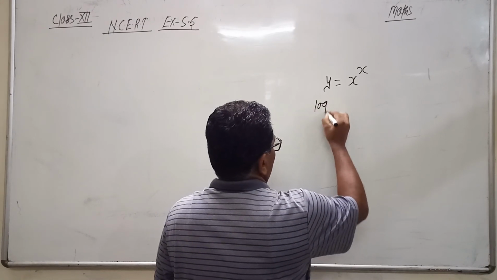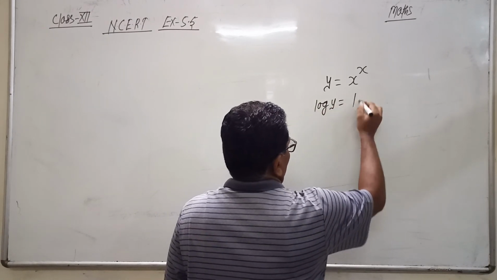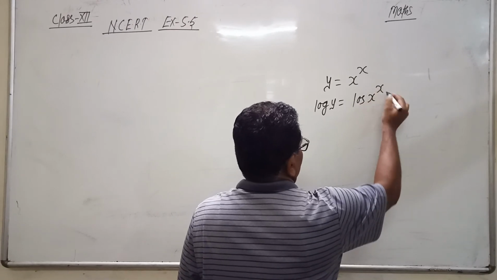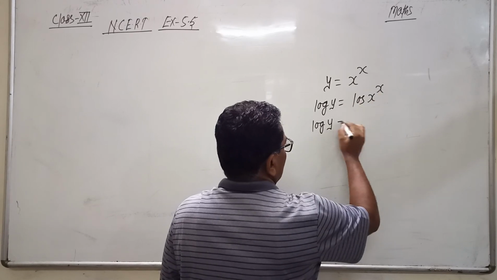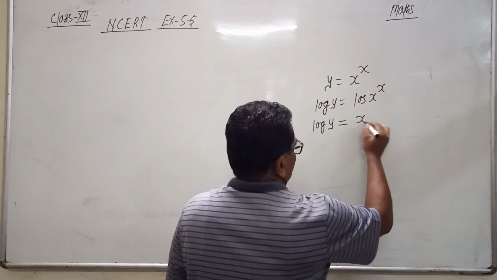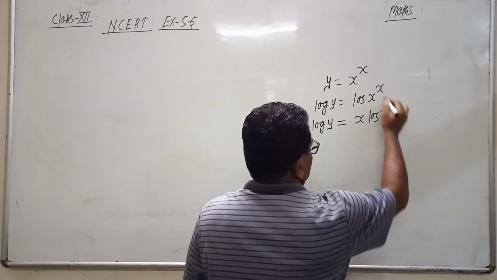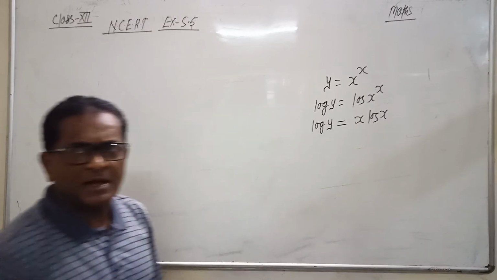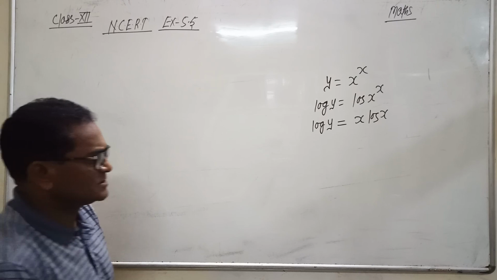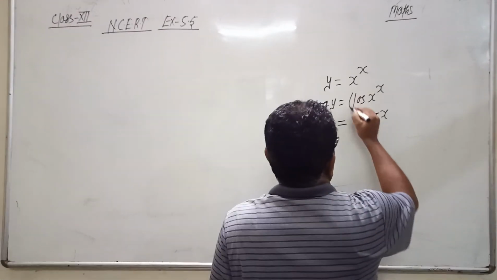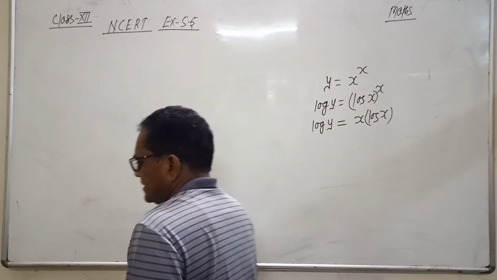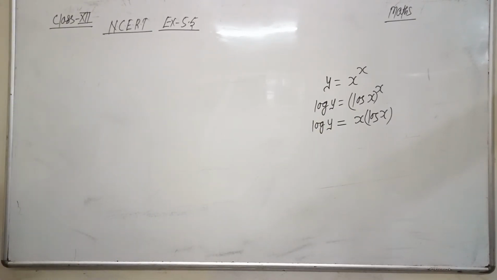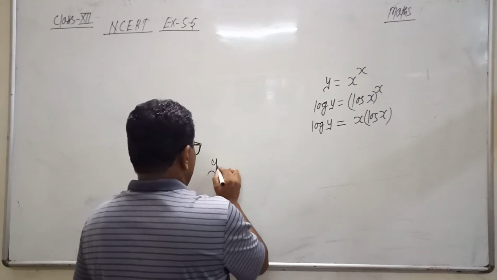So it becomes log y equals log x raised to the power x, and there is a property of log: the power comes to the beginning. log x raised to the power x becomes x log x. And if there are any complicated terms given, suppose there is a term like y equals